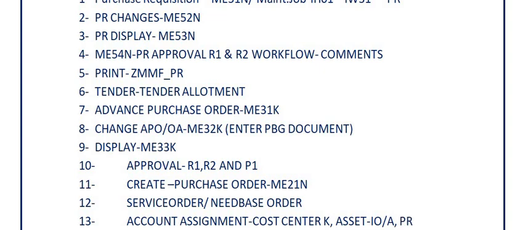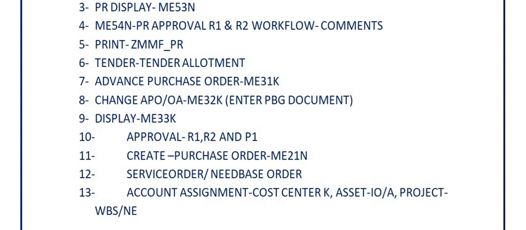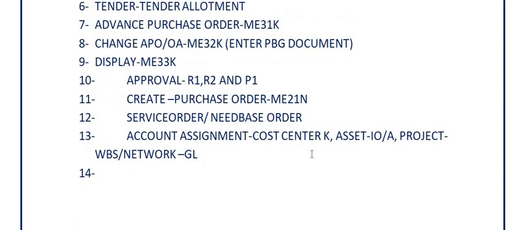You are going to procure against project, you have WBS or network, right? And general ledger account, in which head you are going to book the cost. These things are very important. Once you ensure that the account assignment is this and you have sufficient budget,